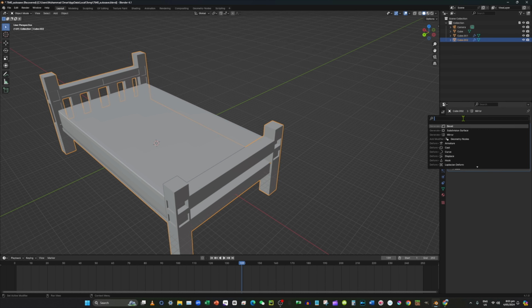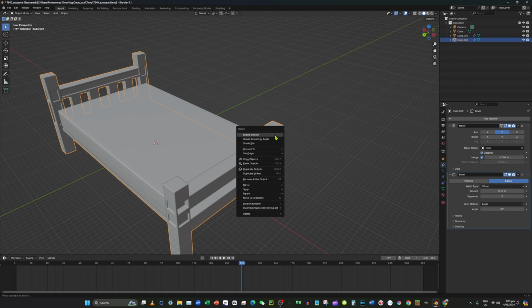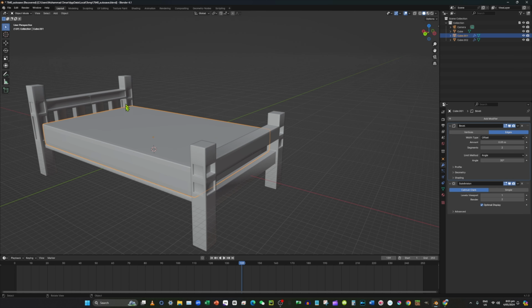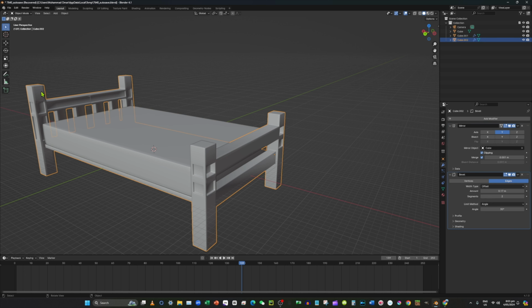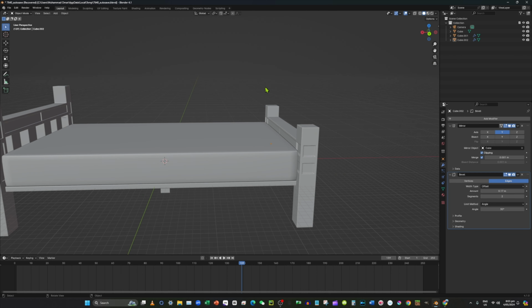Add also a bevel, just a bit. Shade smooth. Shade smooth. Then shade flat. We don't need a shade smooth. Then what we can do,